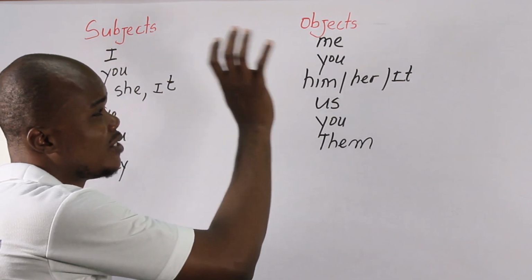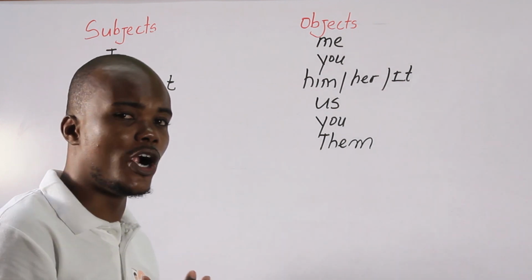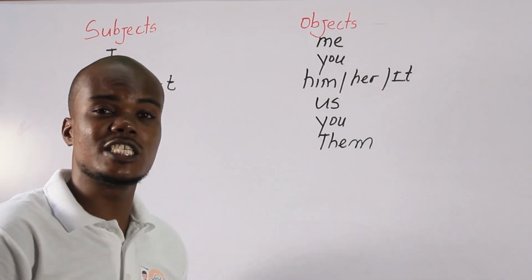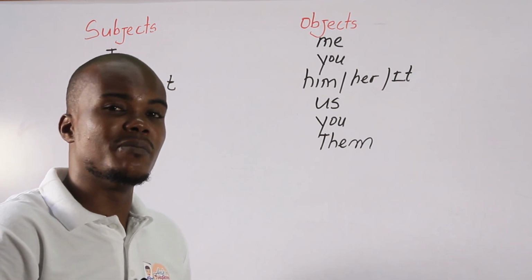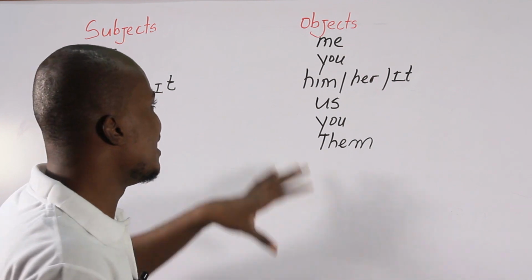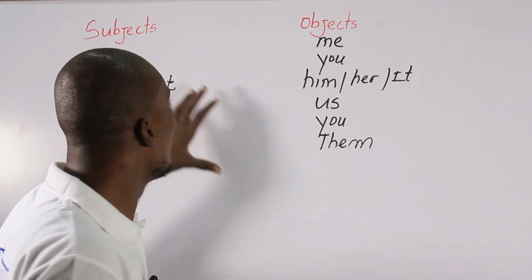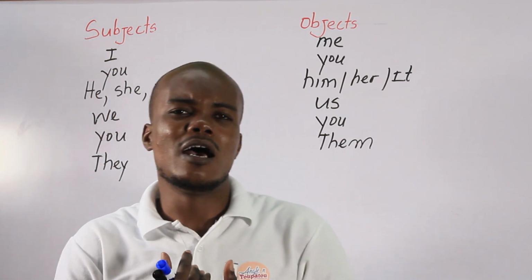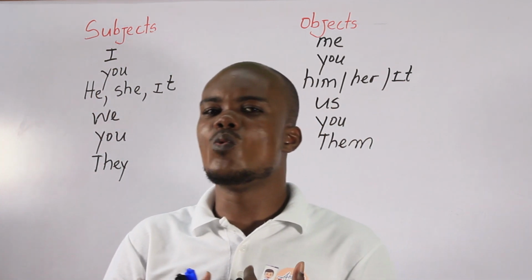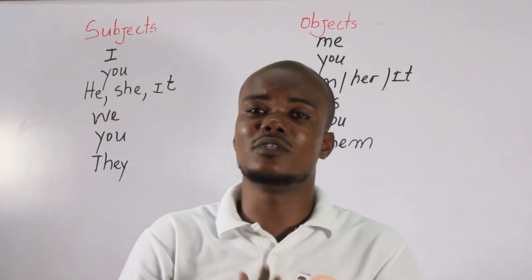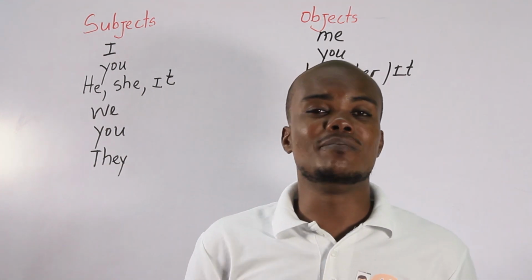So you say object pronouns. If you want to know more about object and subject pronouns, watch the video talking about the pronouns. But you need to know the subject and the object, because if you don't, you won't have the ability to understand and know how to use properly you and I or you and me.